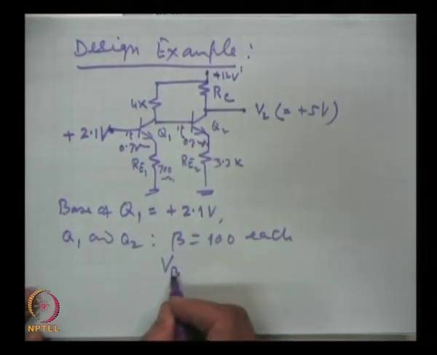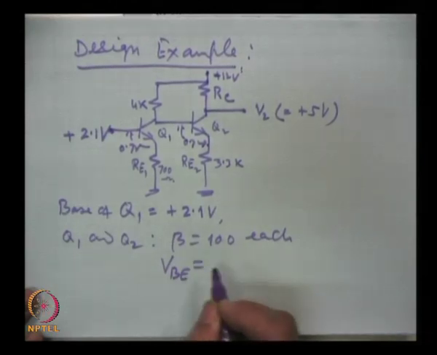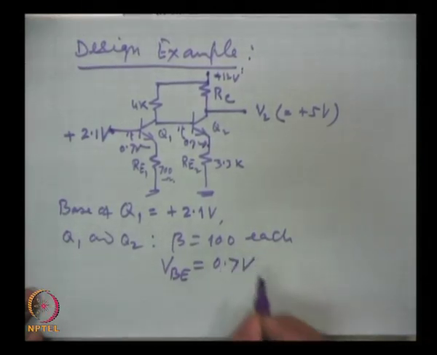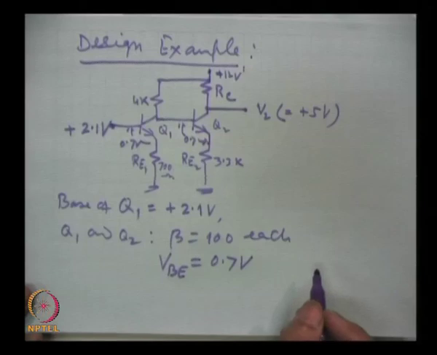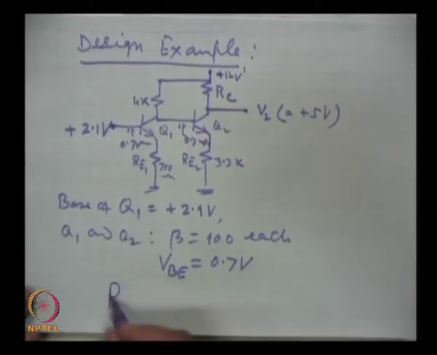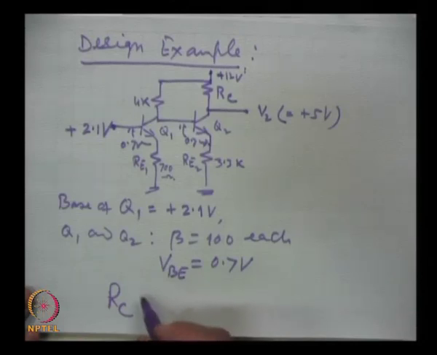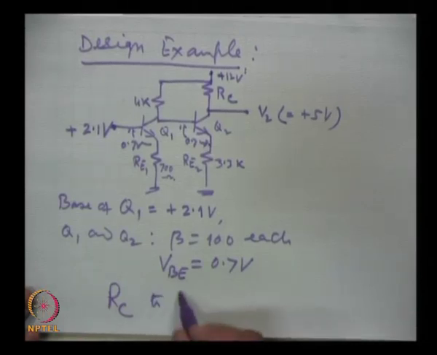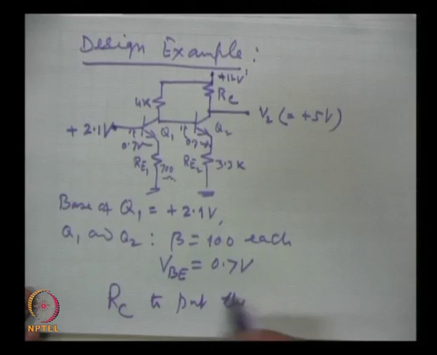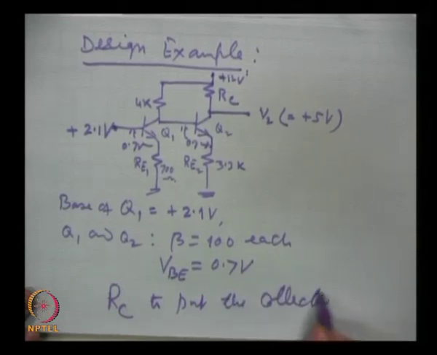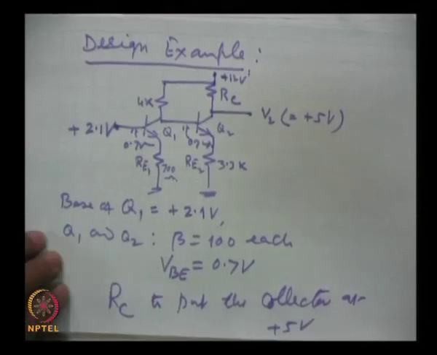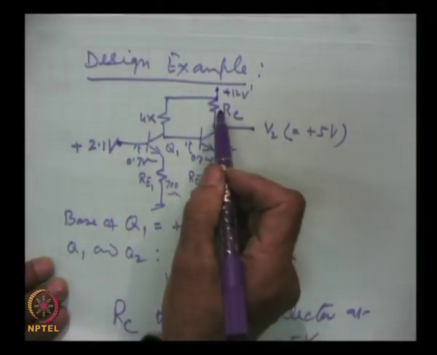So, VBE as we call it, this is 0.7 volt. So, the problem now is that what should be the value of RC to put the collector at plus 5 volts. We have to find out the value of this resistor. Now, the solution I give: